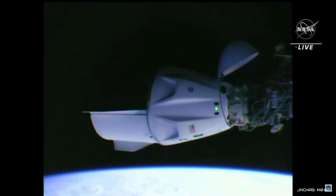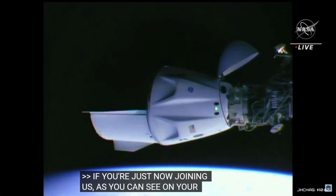On the big loop, ring retraction is complete. Docking sequence is holding for MCS reconfiguration. Endeavour copies all. If you're just now joining us, as you can see on your screen, Crew Dragon has made contact with the International Space Station. And we're currently in progress of...